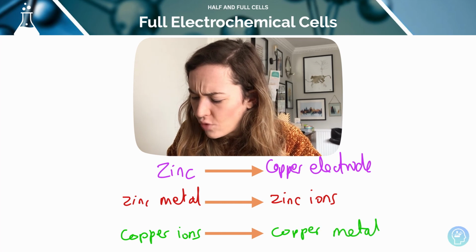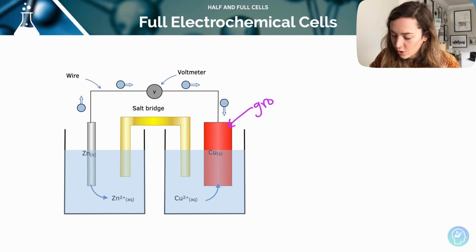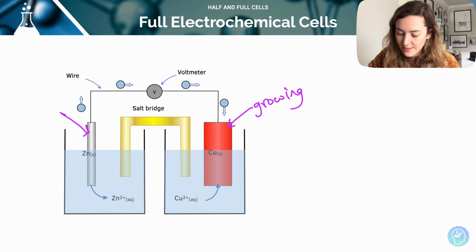So how would that look over time? Well, over time, we've just discussed the fact that we would be losing our zinc solid as it gets oxidized into the ions. So we're going to get a reduction in the size of the zinc electrode. And at the same time, we showed that the copper ions were being reduced, so they were gaining electrons and so becoming copper solid, like the metal, and we would get an increase in the size of the copper electrode. So we can see this electrode is growing, and this electrode, our zinc one, is going to be shrinking